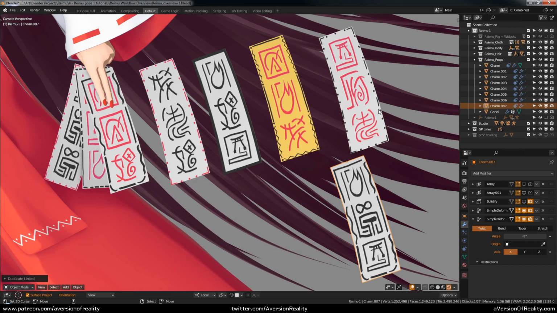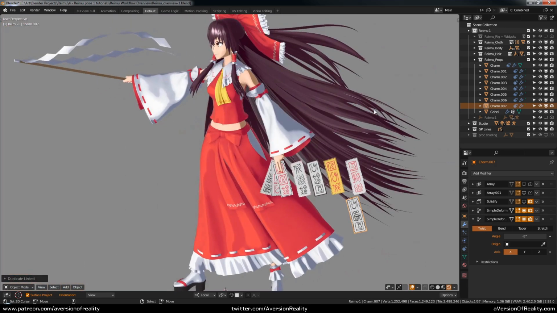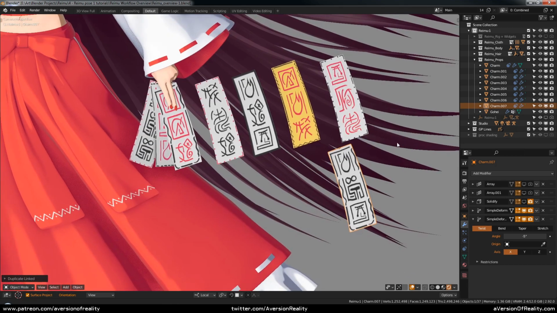I got a lot of questions about how this was done, and now I've gone and taken some time to revisit the node setup, clean it up, and this will be a video explaining how to make something like this